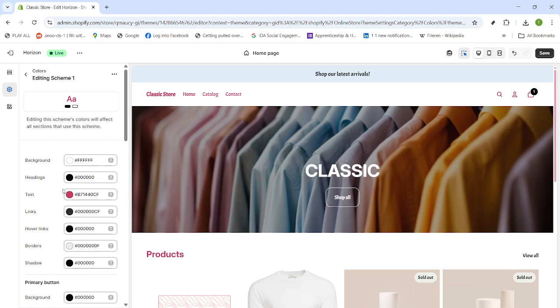As a quick wrap-up tip, keep accessibility in mind by maintaining strong contrast between text and background, limit yourself to 1 or 2 font families for a clean visual system, and preview on desktop and mobile to confirm everything looks great. That's it. Your Shopify storefront now reflects your brand's fonts and colors with a polished, professional